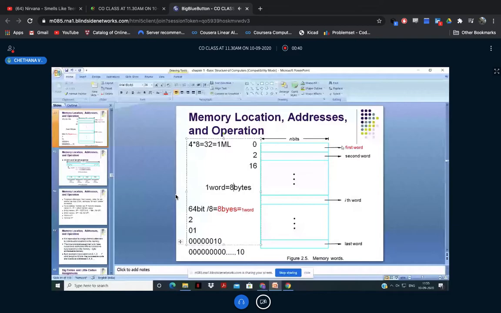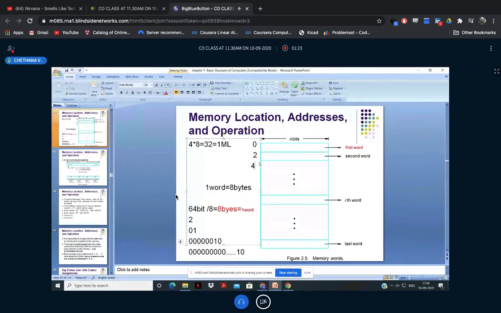Now come to the point. Whatever I'm telling you and going to explain to you is completely regarding memory only. Now come to the very important point other than this location. Here if the address is 0, and the next is 2, what's my next address? 4, isn't it? Next is 6, next is 8, next is 10, like that. So one word is equal to how many bytes? One word is equal to 2 bytes. Very good. I think you have got my point.